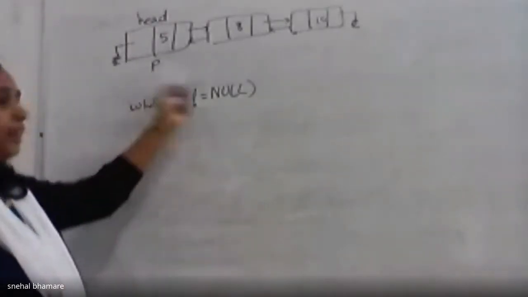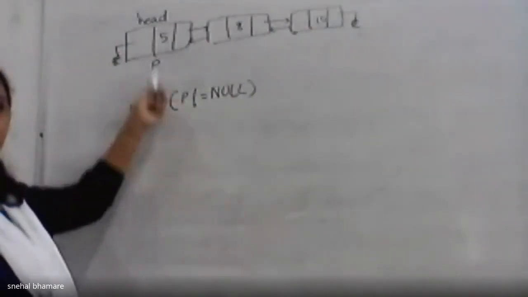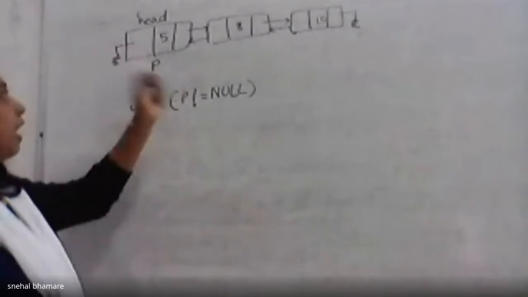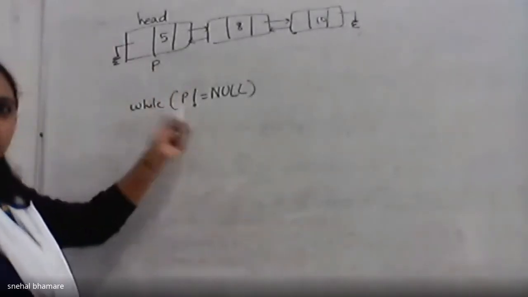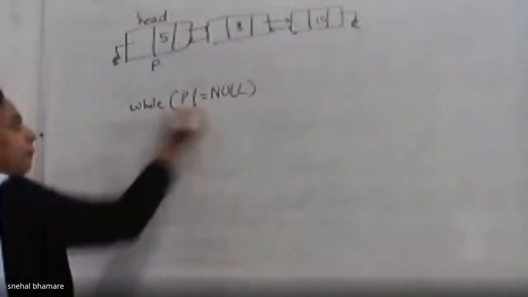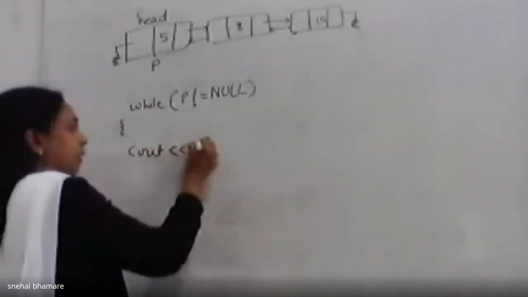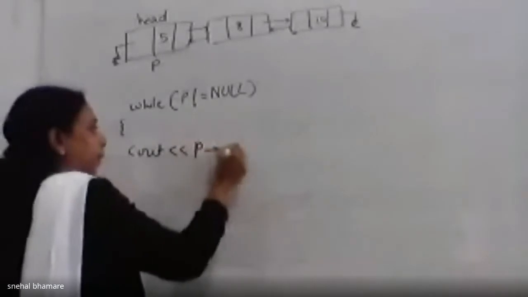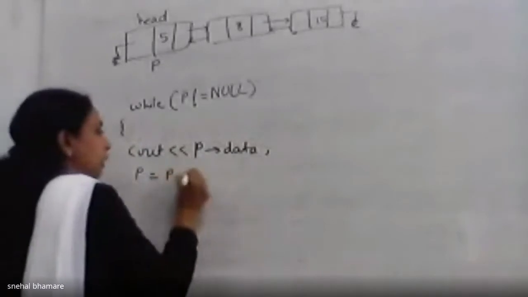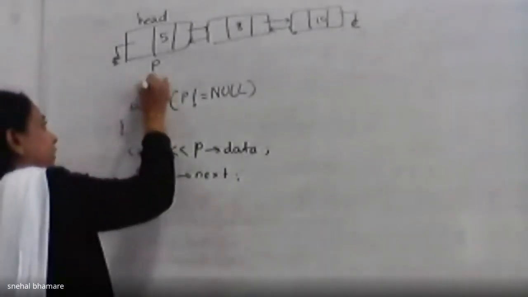Okay. Now I have to display the data of the doubly linked list. For that I have taken one variable, let's say p, which is pointing to the head node. Using this condition, I will display its value and move this variable to the next node till it comes to the last node. So while p is not equal to null, cout p data and p equals p next. This will be the while, and before the while I have to write p equals head.